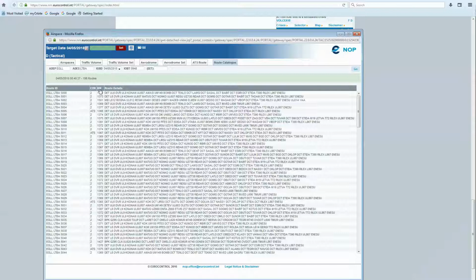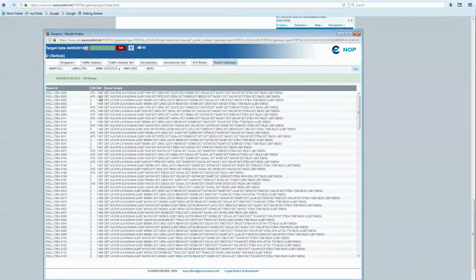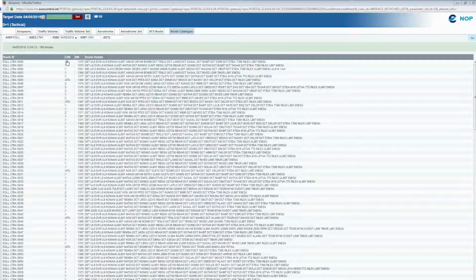You can sort by clicking on the title of the column. For example, if you want the shortest route first, you just click on NM, and you see that the distance is now ascending. In the CDR column, it shows the conditional routes. So it's either CDR1 or CDR2, and it sometimes shows ATS, which means that there is no conditional routes and